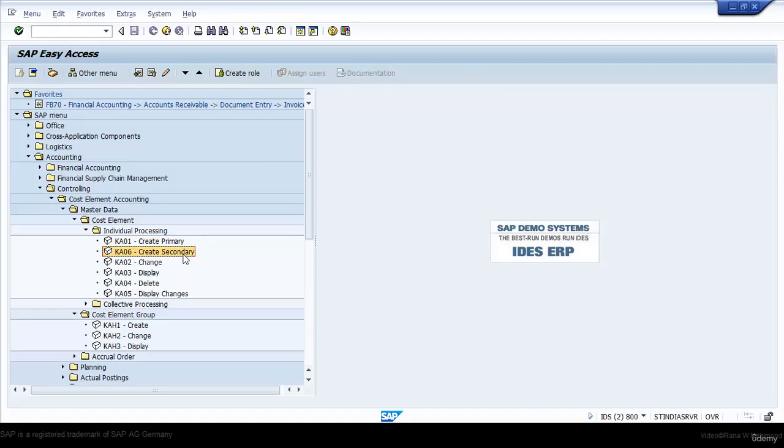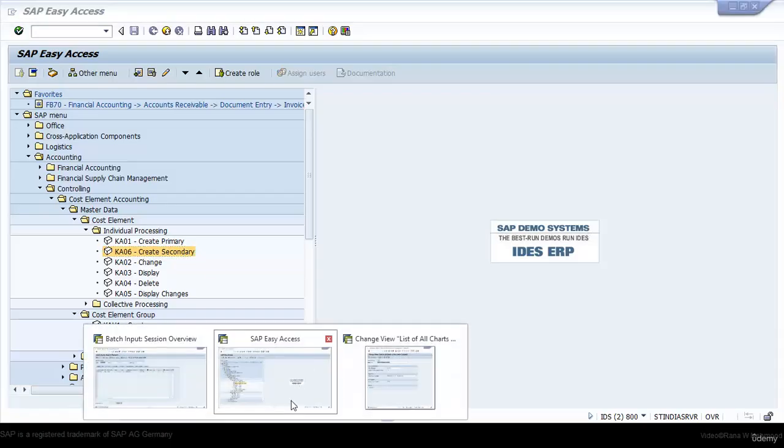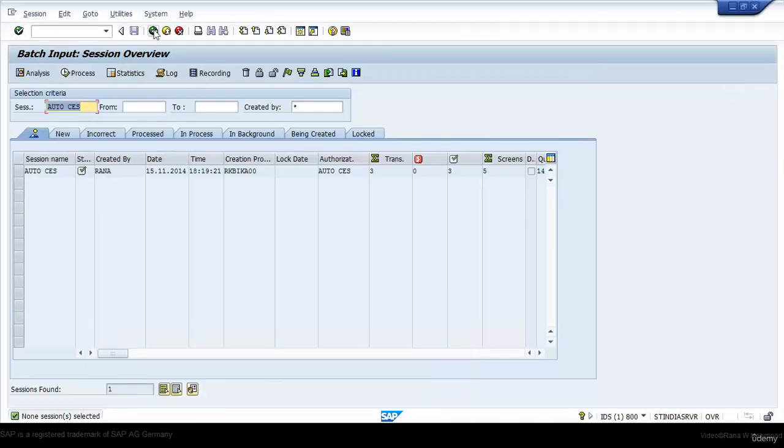The settings for the automatic creation, because you can see the category for both primary and secondary cost element were in one screen. To go back,